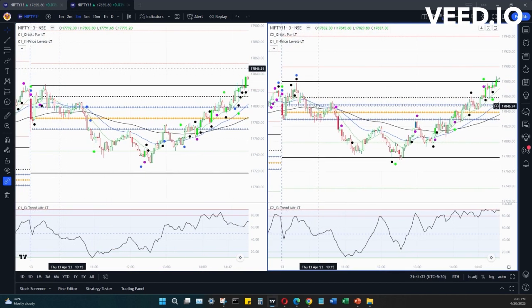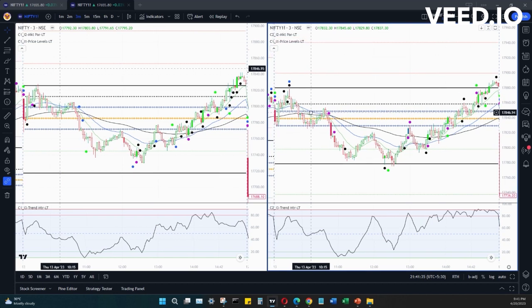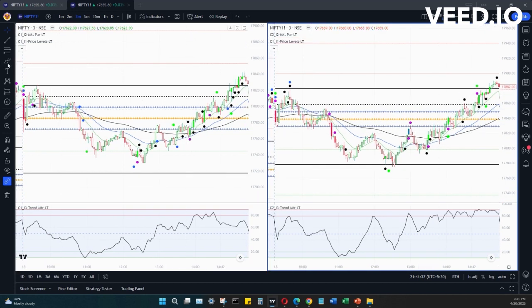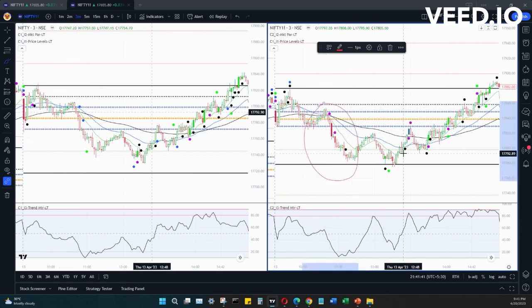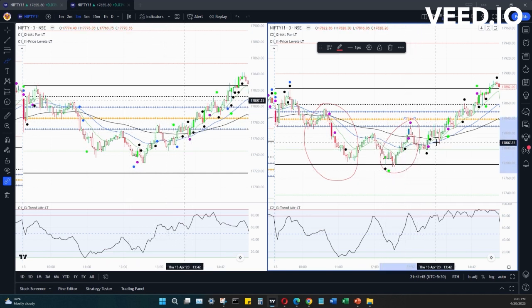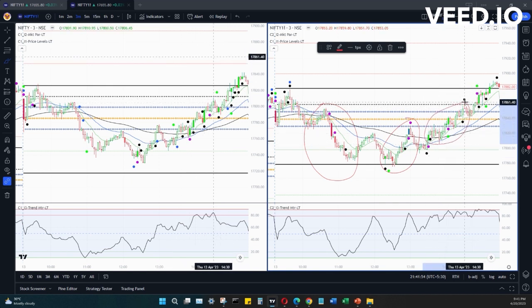Excuse me, I just keep messing up with the freeform drawing. And okay, so this is one, based on clear facts. This is another based on clear facts, and this, we know for a fact it's right above the EMAs, and this was another. So three good trades, and we could have still actually taken a good trade right here, but